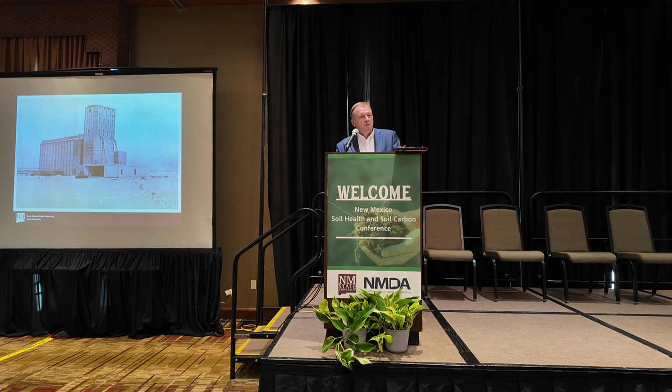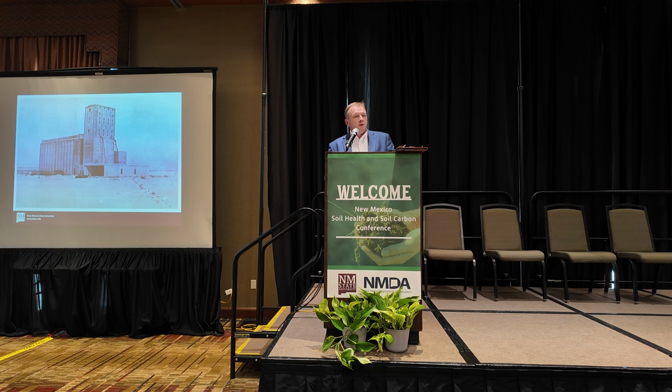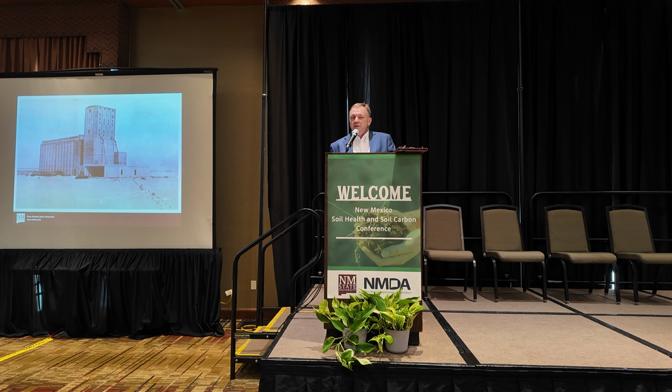I grew up on a small farm in northern Utah. One of my jobs on that farm was to drive a grain truck from the fields on the farm to the elevator. And I've always been kind of amazed at the elevator facilities. You've all seen them. There's a picture here of an older one. Just how big they are, the equipment that goes into them. Pretty amazing